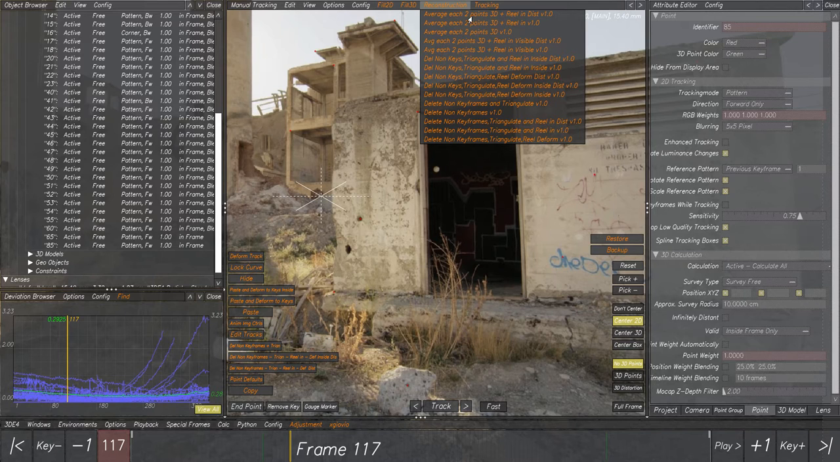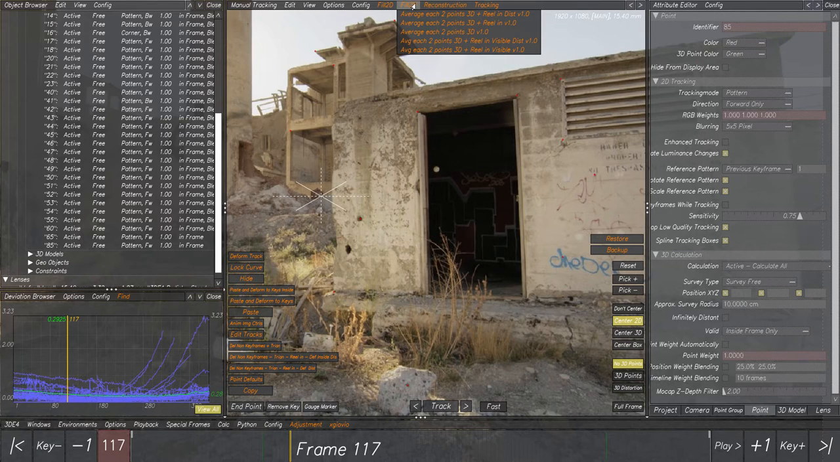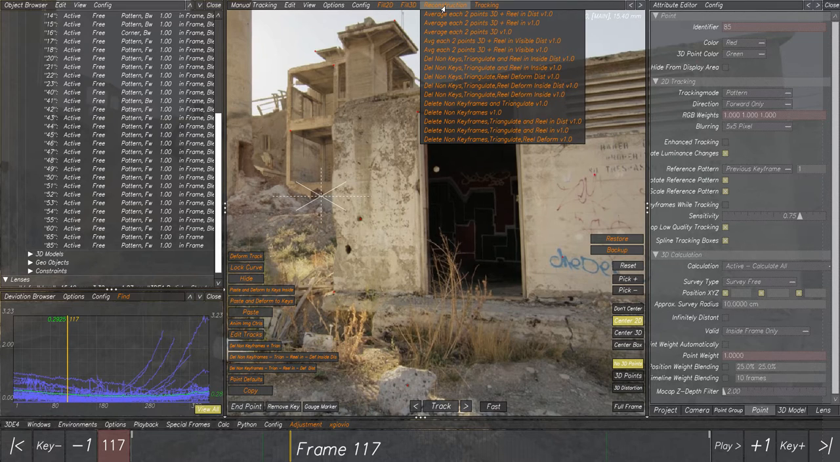Or you can also have average 2D points. These five scripts are the same in 3D Equalizer, because these scripts here were already covered in a previous tutorial and are also useful for a general reconstruction in 3D space. So let's start. The simple one is delete non-keyframes,